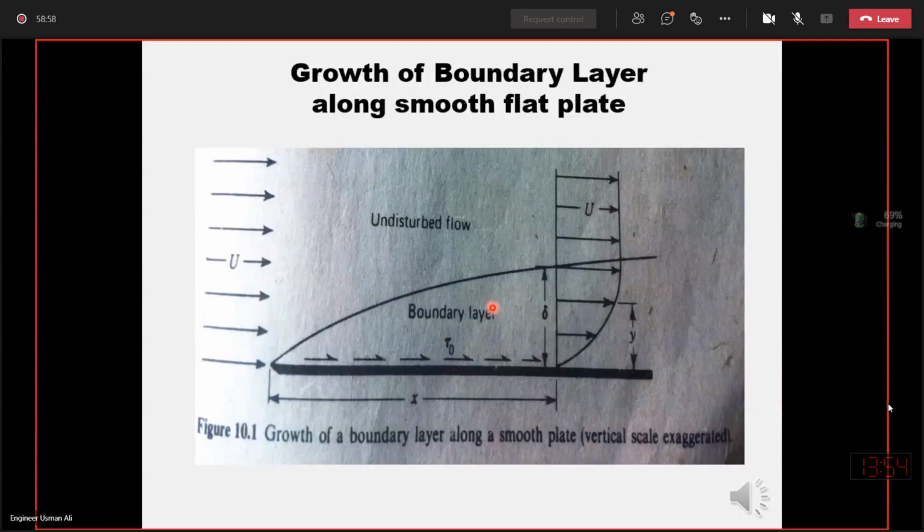So when the fluid comes in contact with the surface of the plate, it is divided into two portions. One is the boundary layer near the surface of the plate, up to this boundary layer profile, and the other portion of the fluid is outside the boundary, which is the undisturbed flow of the fluid, where there is no velocity gradient, no shearing stress, and no frictional drag. So this is the undisturbed portion of the flow where the velocity is equal to U, and within this boundary layer the velocity is less than U, and it approaches U near the profile of the boundary layer.